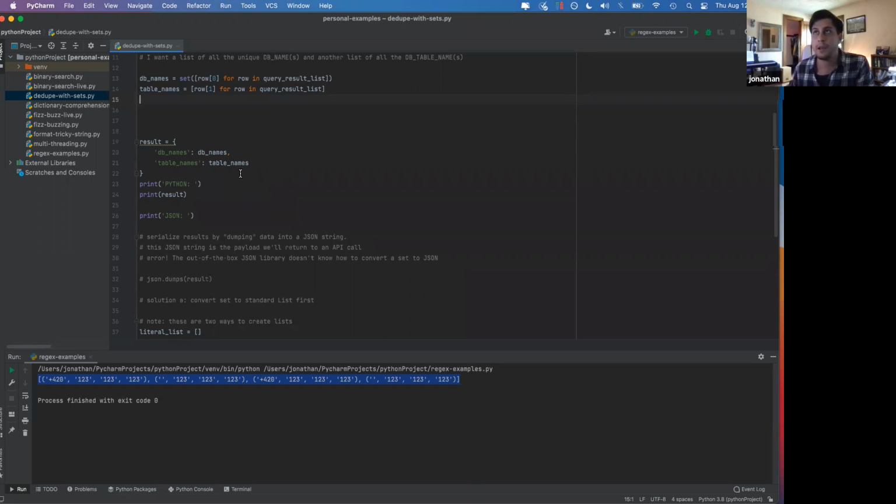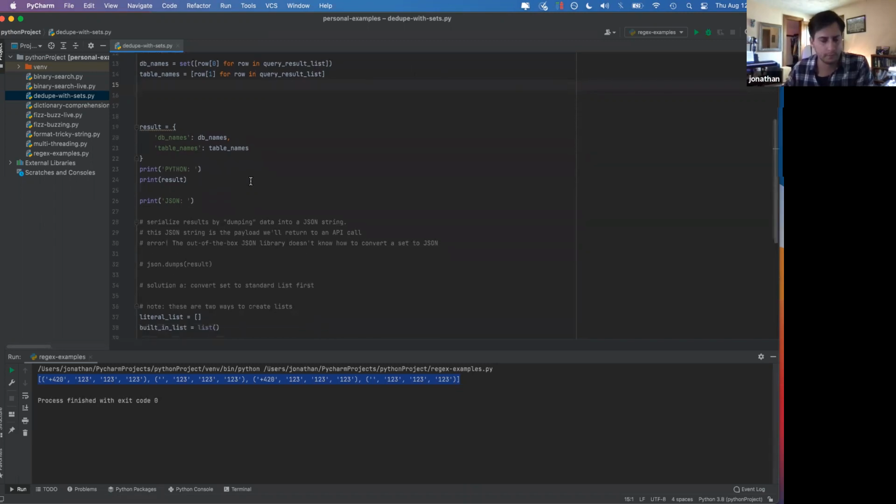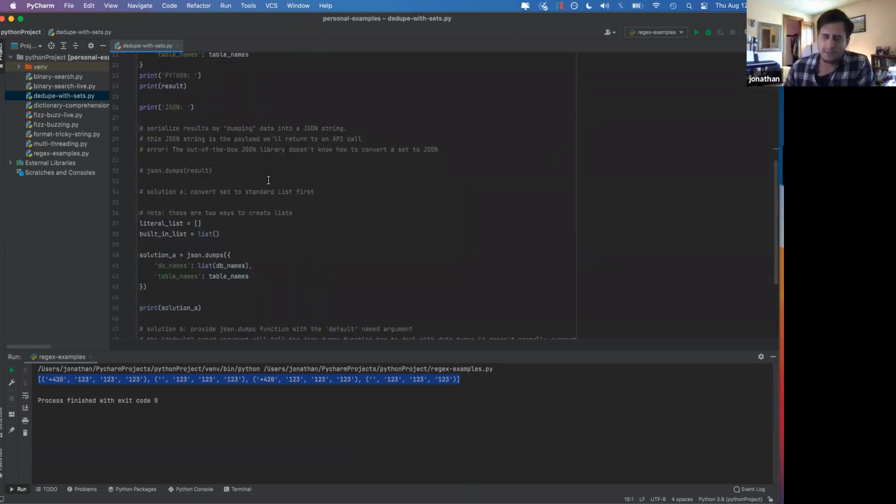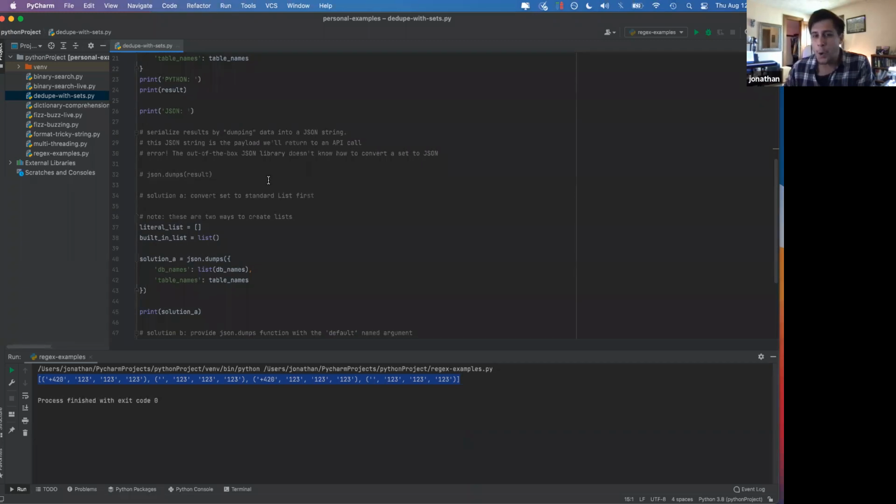Now, in order to get that data back to the requester, we have to serialize it into JSON. Basically that means we take our Python dictionary and we turn it into a string, which we can send over the wire to the requester. The problem is that the built-in JSON library doesn't know how to